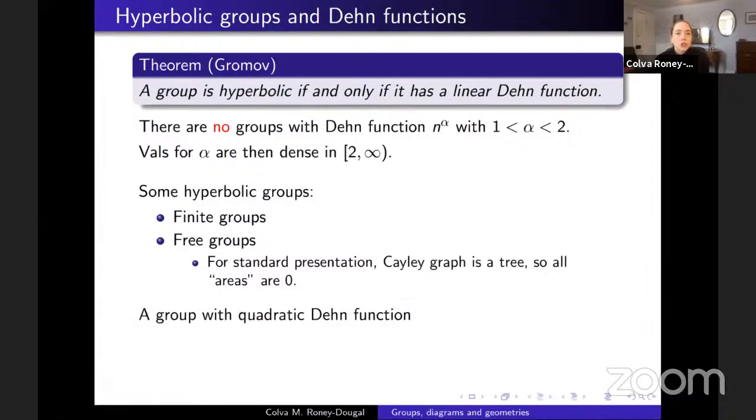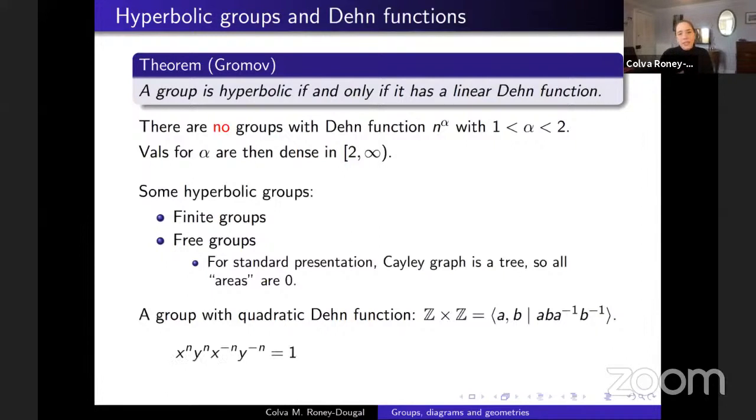A group with quadratic Dehn function, so I said there's a gap between 1 and 2, so we're not going to find anything between linear and quadratic. There'll be no groups with Dehn function n to the 1.5, say. This is my running example of a, b, a inverse, b inverse. I drew you the Cayley graph for that and it looked like a grid. So a grid kind of describes how the table my computer's sitting on is, and that's got quadratic area just like we have in normal space around us because it's part of it.